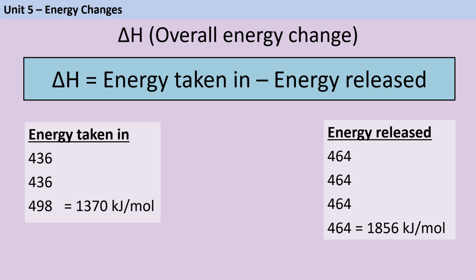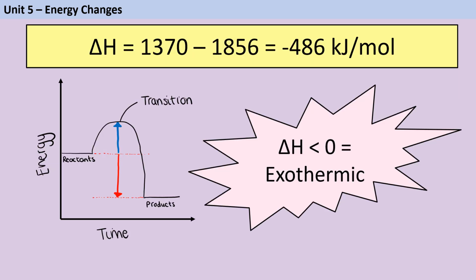But particularly if you're looking at going on and studying chemistry further, I think it's worth knowing how to do it properly. So all we're going to do is put a minus sign in the middle of the page. So we're going to do our energy taken in, which is 1,370, subtract our energy released, which is 1,856. And if I do that, then I get a negative number, and the negative number tells me that this is